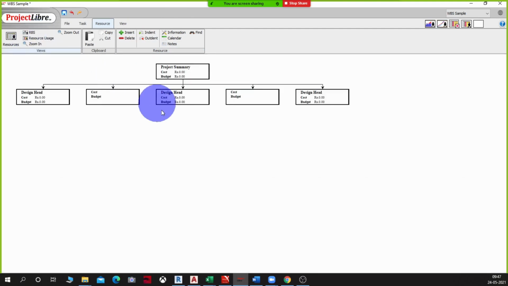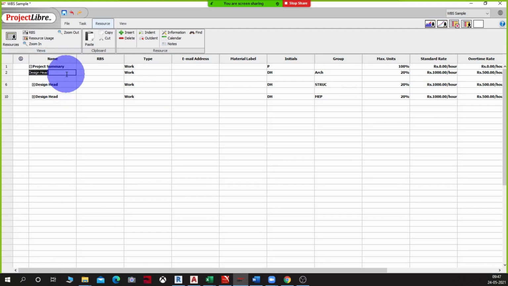Okay, now let's see the RBS. You see what's happening here? So there's the design head for each discipline into whom the costs are rolling in, right? So let me change the name of this to make it clear. Structure, and this is MEP.